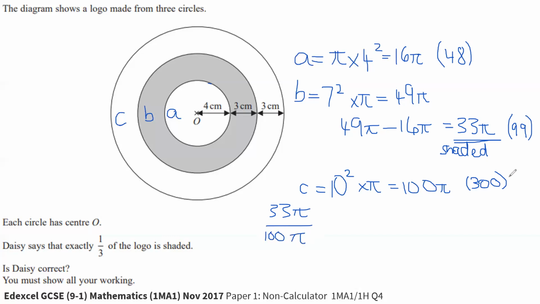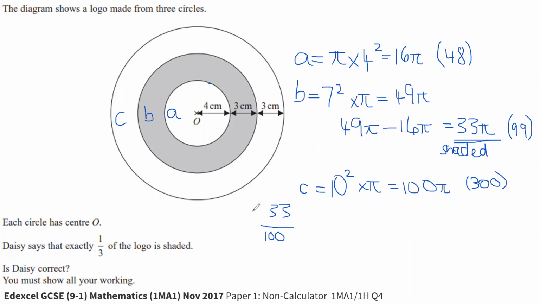Similarly, if you use these numbers instead, if you had 99 over 300, hopefully you realise you can divide both of those by 3, which will give you 33 over 100. And obviously, in this case here, we can cancel out the pi because we've got that on the top and the bottom. So whichever method you use, you'll end up simplifying it to 33 over 100,